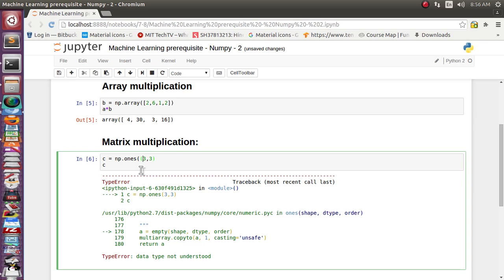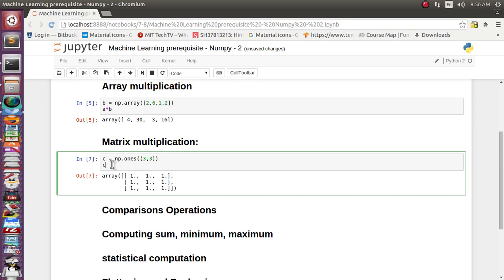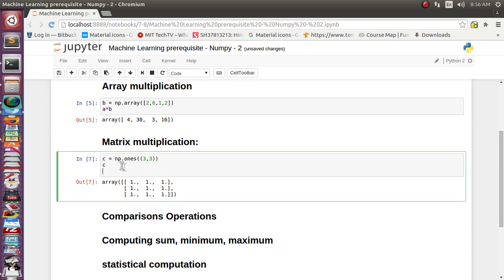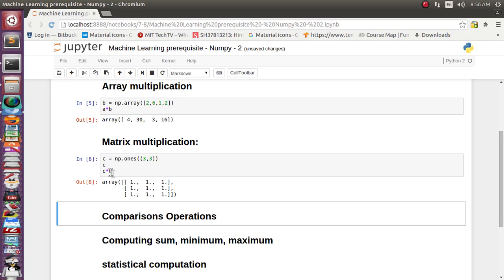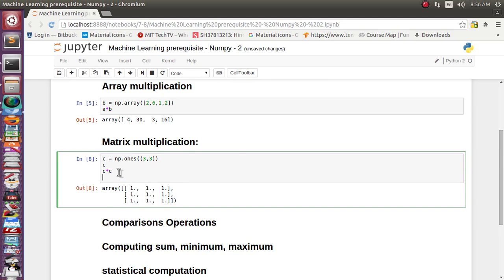Okay, so it has generated a 3 cross 3 array which has all values 1. Now suppose we want to do element by element multiplication of C with C, then it should produce exactly the same array, because 1 is multiplying with 1 in the same way.